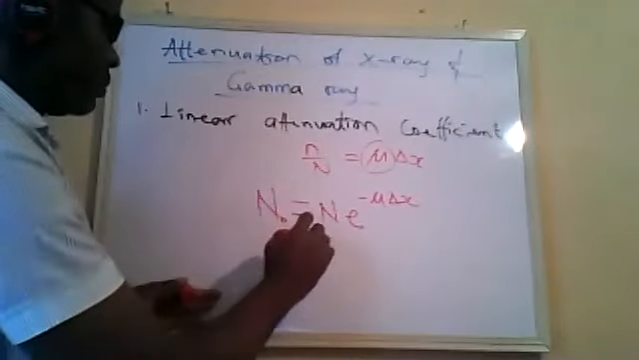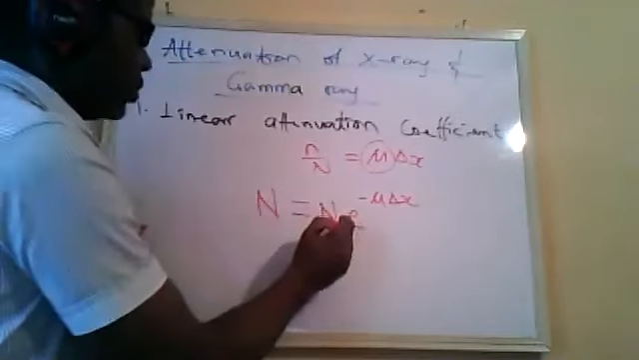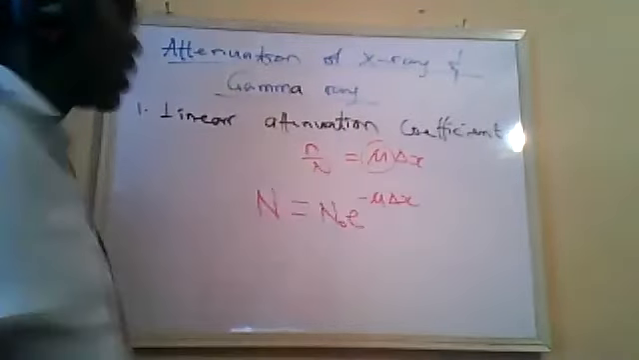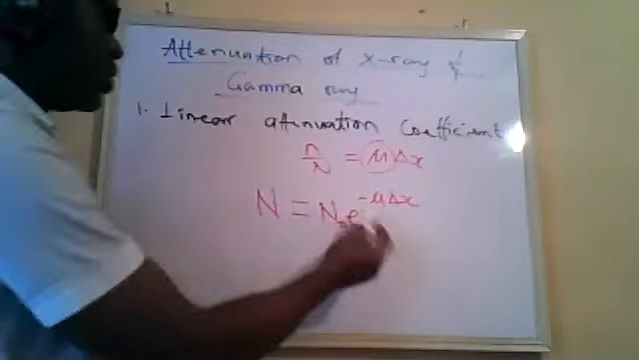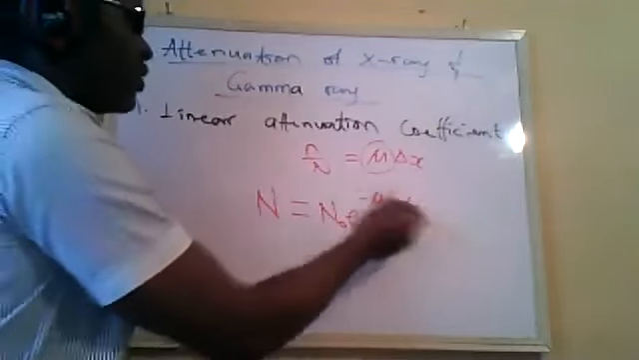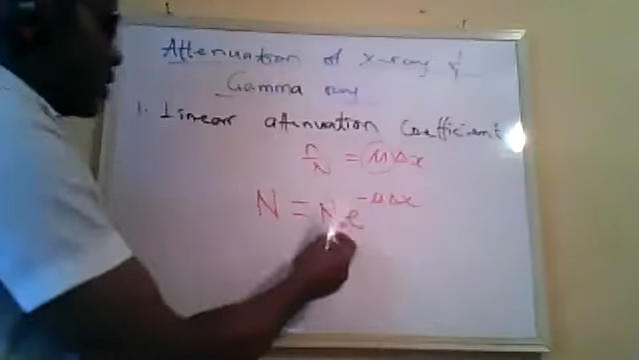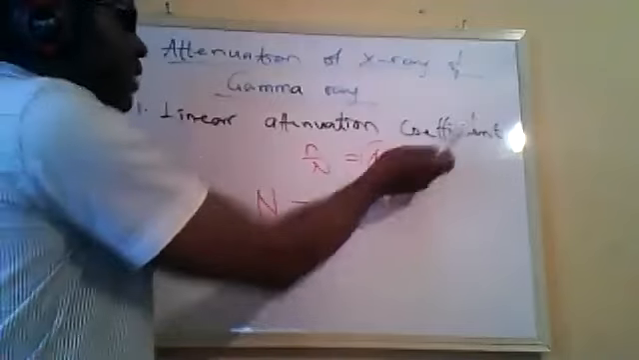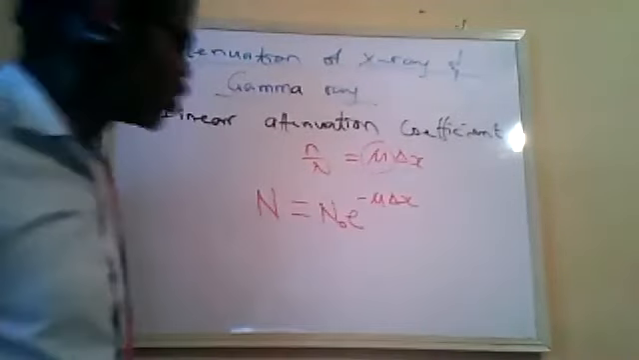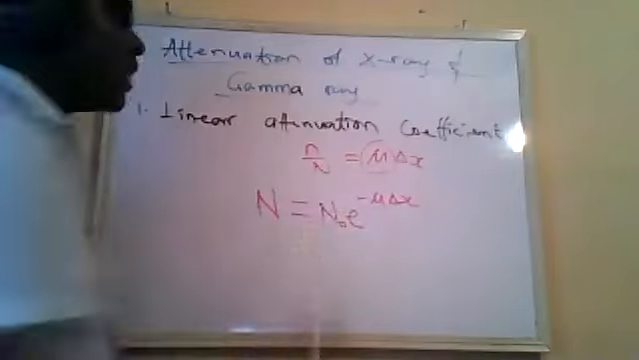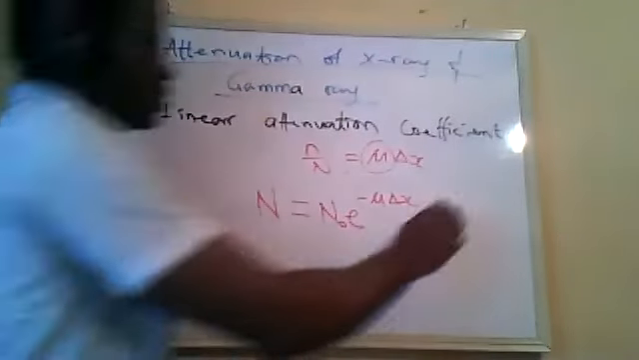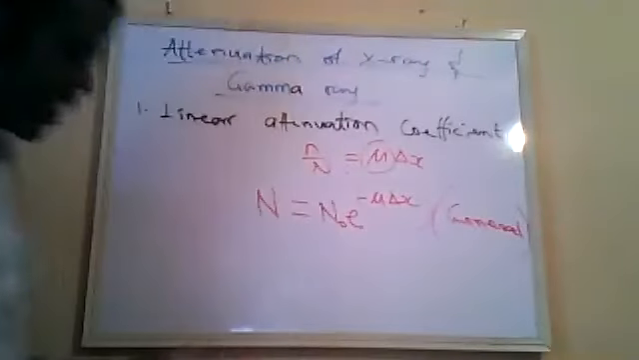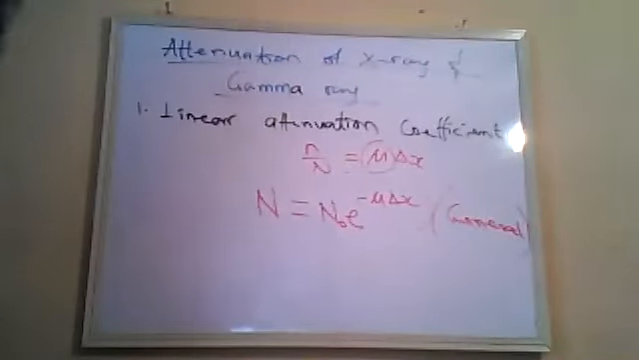which is N naught is the initial number of X-ray or gamma ray photons. At the end of the day, you see, this value here is similar to this. So we can derive this equation from here again, for very, very small delta x. So this is the more general equation we can use for any thickness of absorber